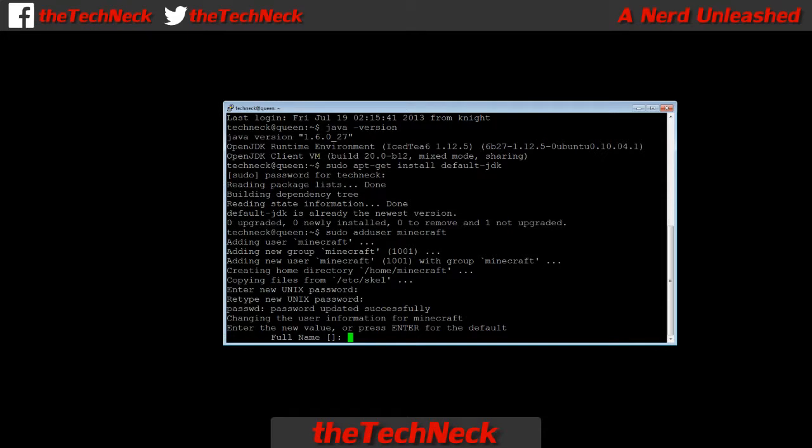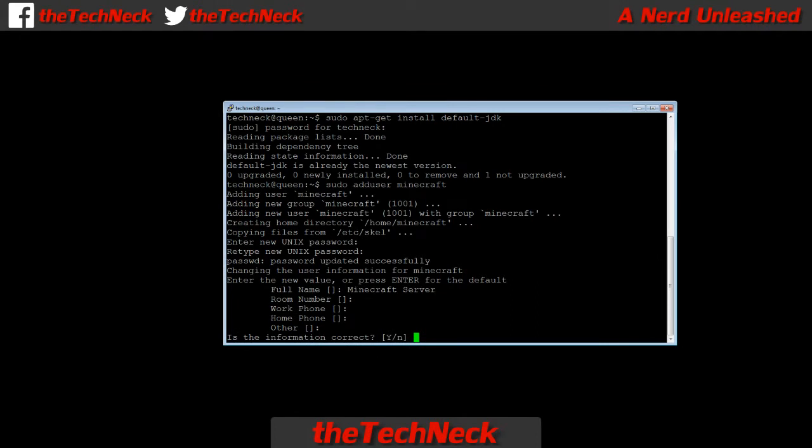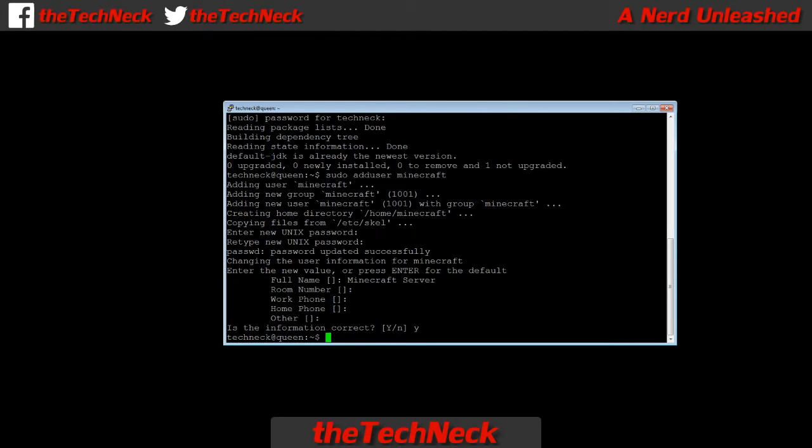Alright, you don't have to give it this information, but I usually give it a name at least, and I'm just going to call him Mr. Minecraft Server. Don't need any of this, and it's completely optional. You don't have to put it in. Now, is the information correct? Yes, it is. Alright, so it's done making this stuff, and to verify we'll just ls, which is the list command,